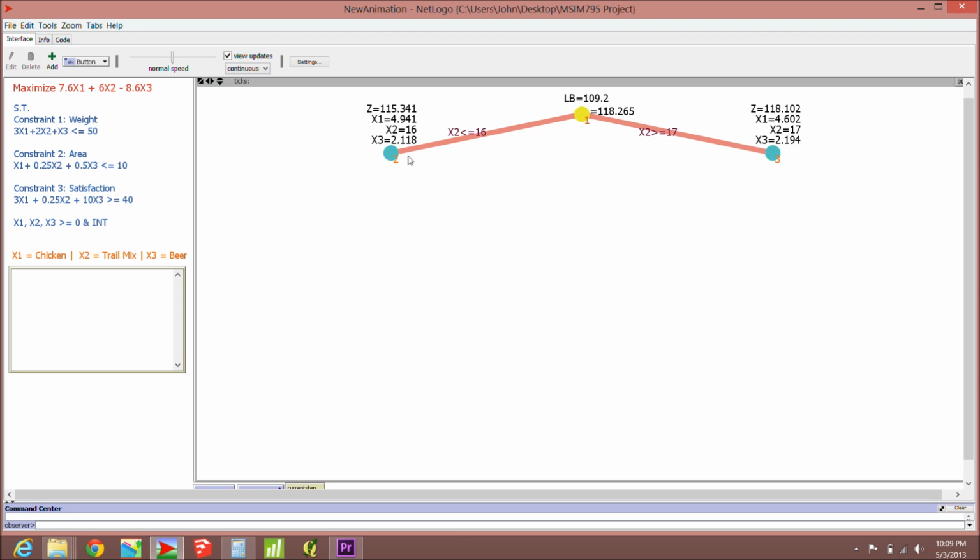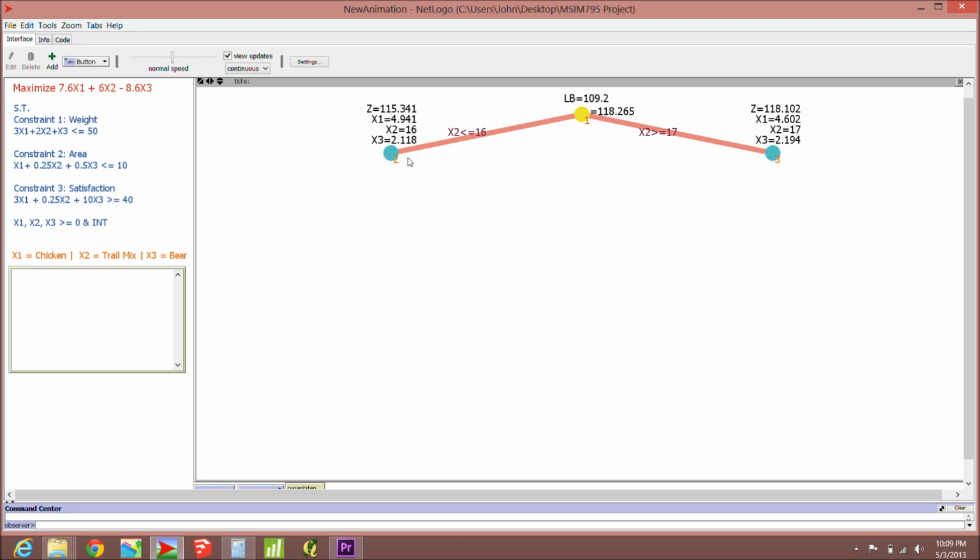So basically we're going to go to node 2 first, for no particular reason. You could go to node 3 if you'd like. I decided to go to node 2 because I like to work left to right. At node 2, we're going to resolve the linear programming problem, but now we add in this new constraint, x2 less than or equal to 16. Given all the original constraints, putting this back in as a new constraint,